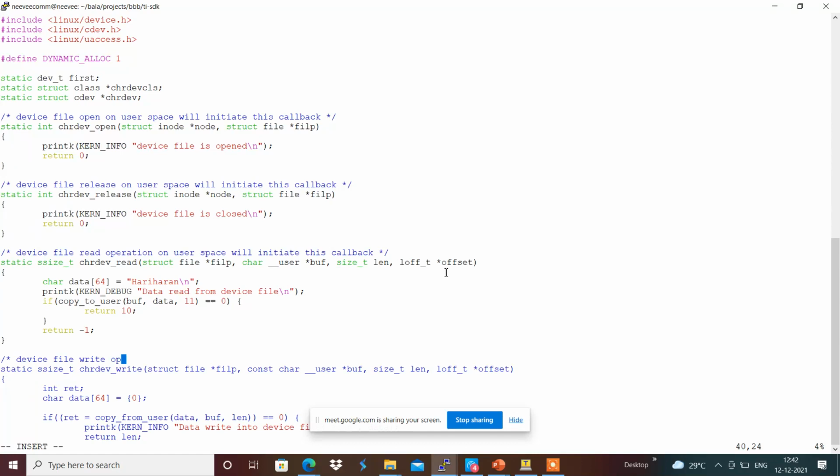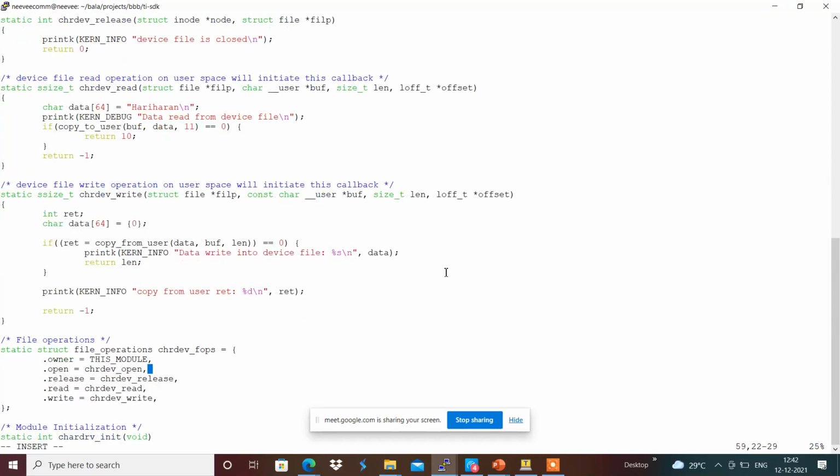This basically does the respective callback from the user space access, read and write, accordingly from the user space over here. Now we will see how we can write the user space application to access this device driver accordingly. This skeleton, how we can access this, we will see over here.